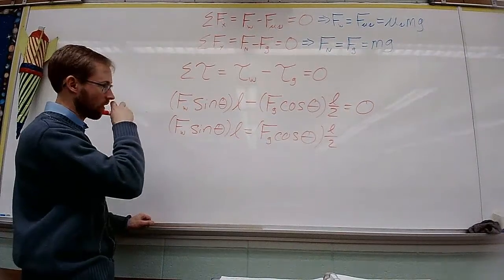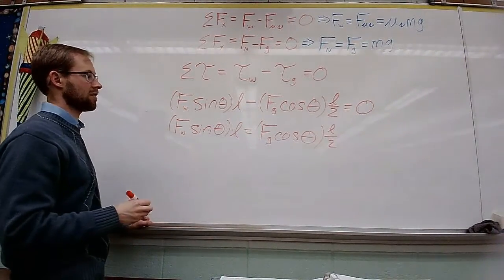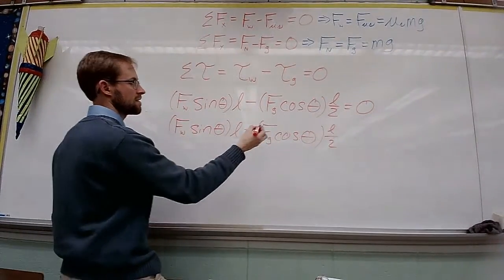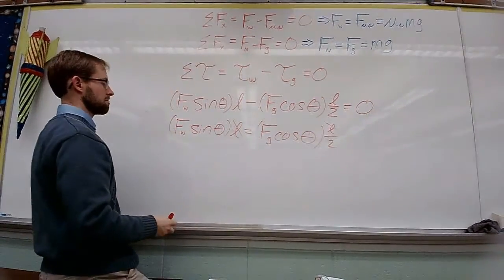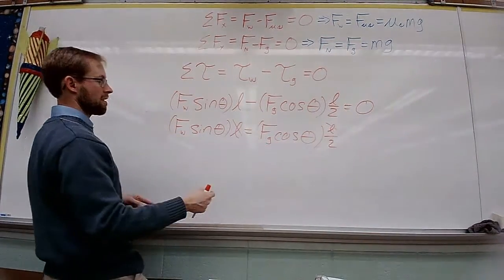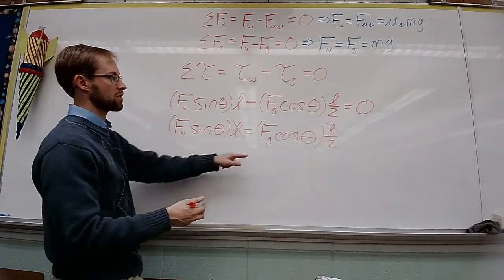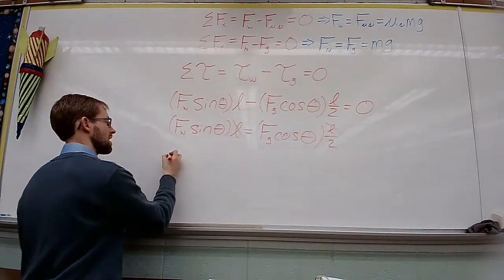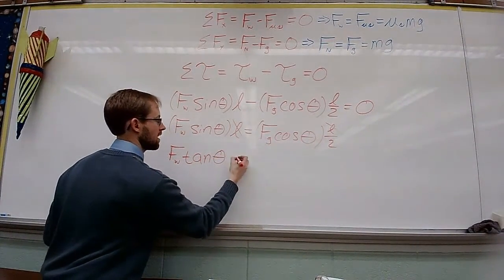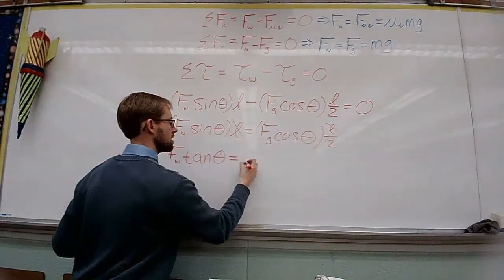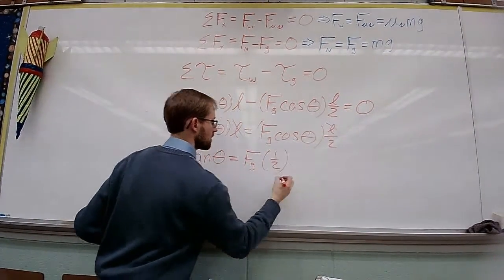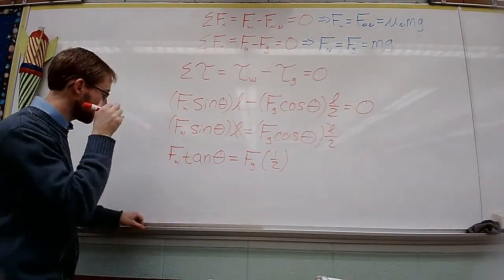So let's see here. My goal is to get this angle all by itself. These are on opposite sides, so I'm going to cross out the lengths because they get rid of each other. What I'm going to do next is get rid of having two trig functions. So I'm going to divide both sides by cosine. That'll be tangent, or cotangent if you want. And that's equal to Fg times L times 1/2. So that's where we're at. Now we need to solve for our angle.